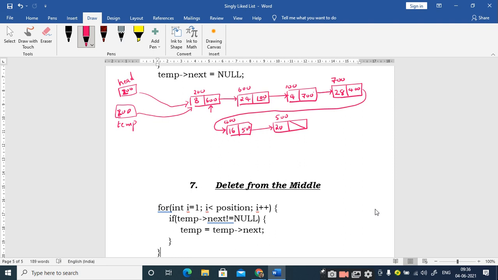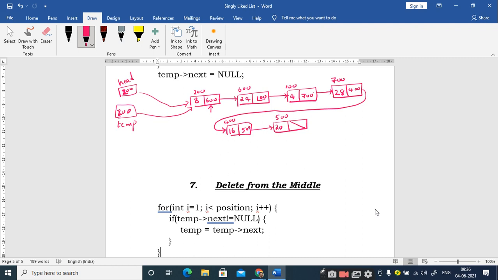So the first logic is very common: since you have to identify the last node, you have to traverse to the last node. That means you should have a pointer pointing to the previous node of the last node. So I should perform a traversal operation in the linked list. Whenever I want to perform the traversal operation, first point is you should start with the first node, and the second point is you never make any modifications to the head node.